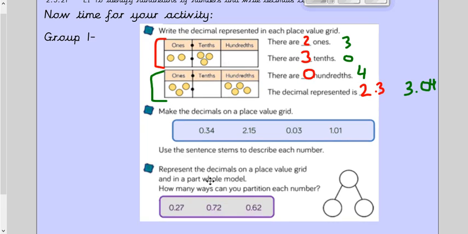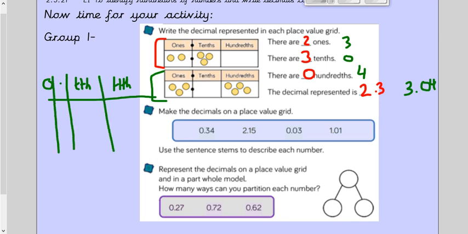And then the next question says, represent the decimals on a place value grid and a part whole model. Oh, so I shouldn't have actually gotten rid of my place value grid, but I'll do it up here. So ones, tenths, and hundredths. Let's change that to blue. So 0.27, that would be 2/10, and then 7/100, like that. And in a part whole model, it would be